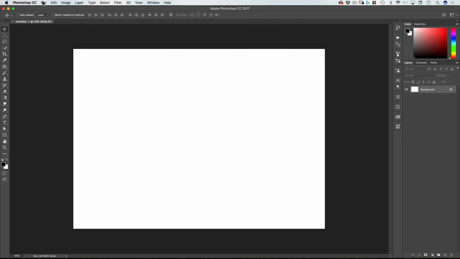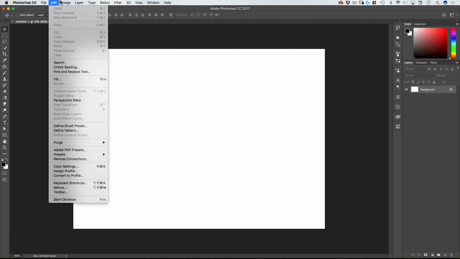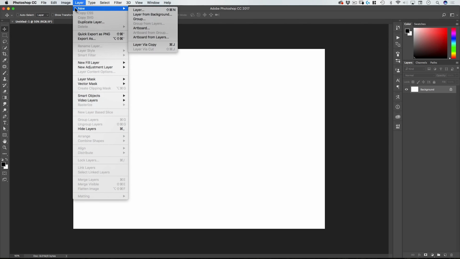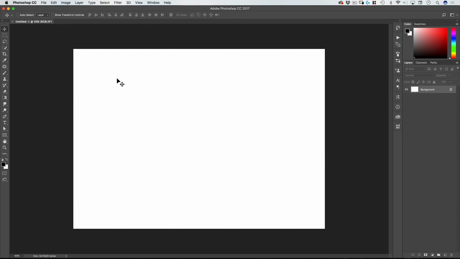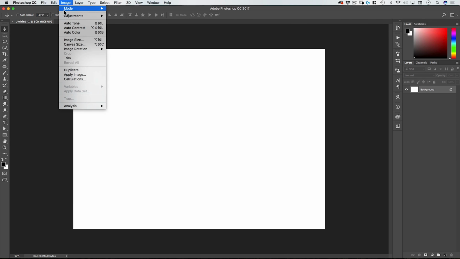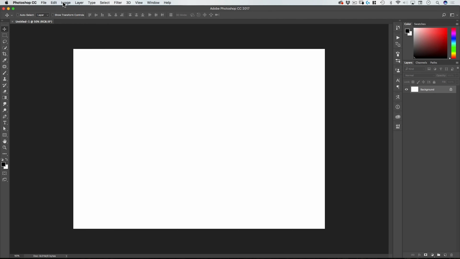And when I first started learning Photoshop, I made it a habit of anytime I went to a menu item, I would always look at what the shortcut was, not use the menu item, and instead use the shortcut. And that's just a good habit to get into. And even if you have to go up to the menu 10 times before you finally remember what that shortcut is, those will be 10 times well spent. And then every future time will be a lot faster because you're using the shortcuts.